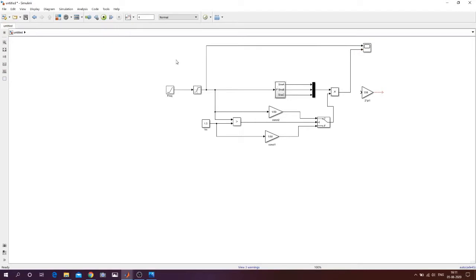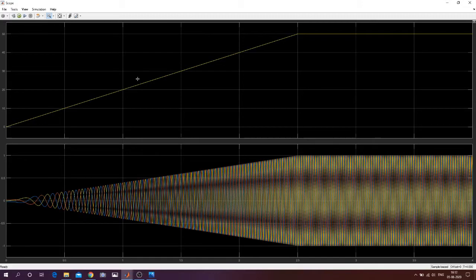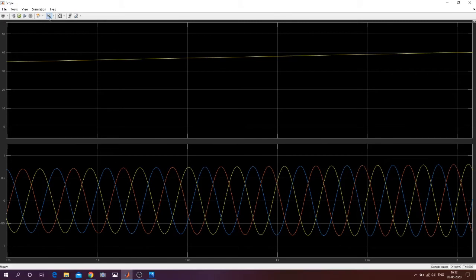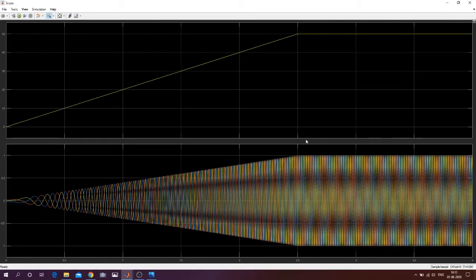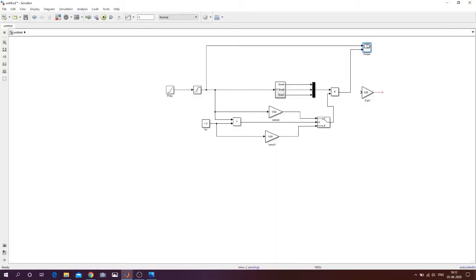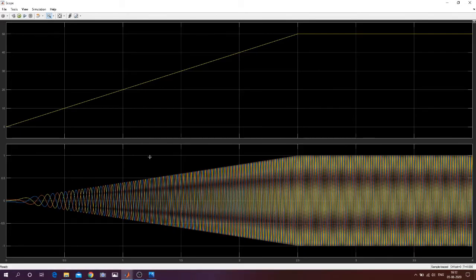Now let us see what happens to the amplitude of the voltage with the gradual rise in frequency, right? So now you see, with the gradual rise in frequency, the amplitude of the sine wave is also changing. You can very easily understand that if you change this signal, then the amplitude of the sine wave would also change. Now the highest value of this sine wave is 1. Notice that the highest value of this part is 1.